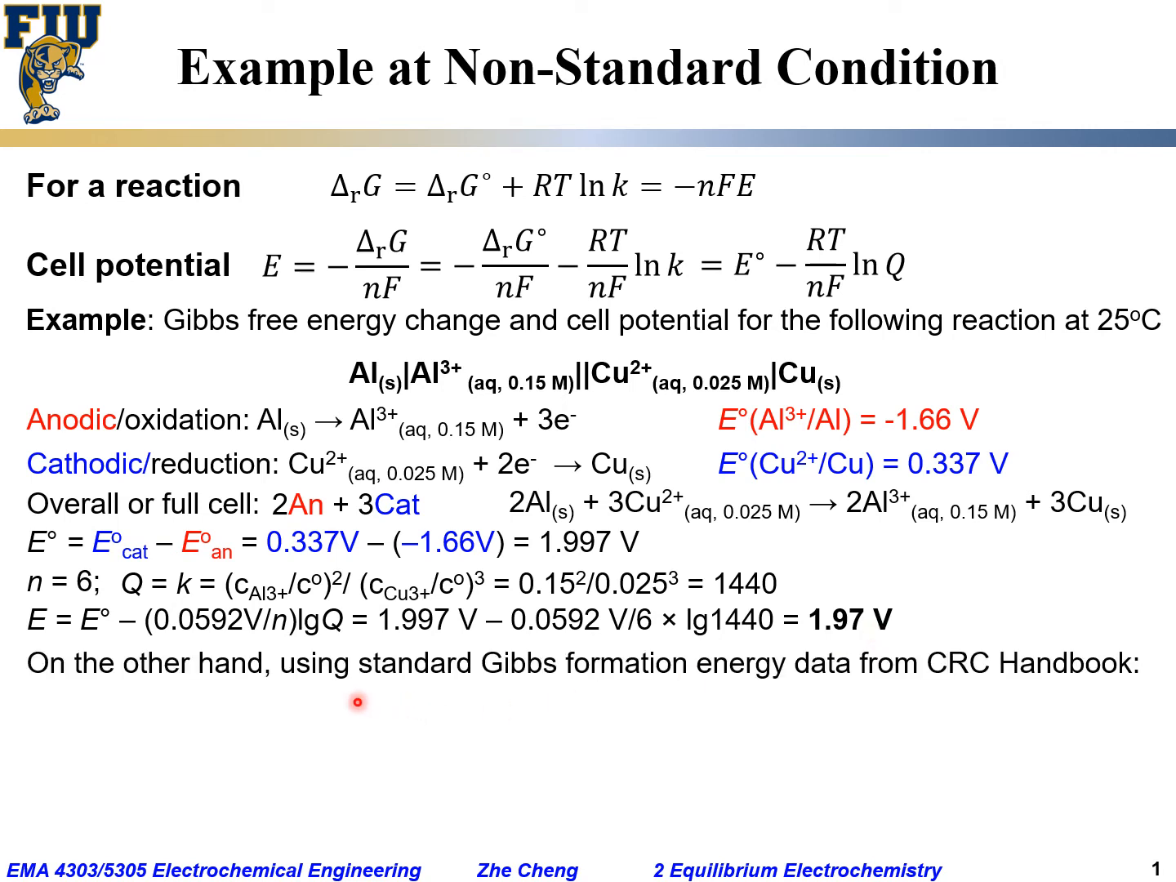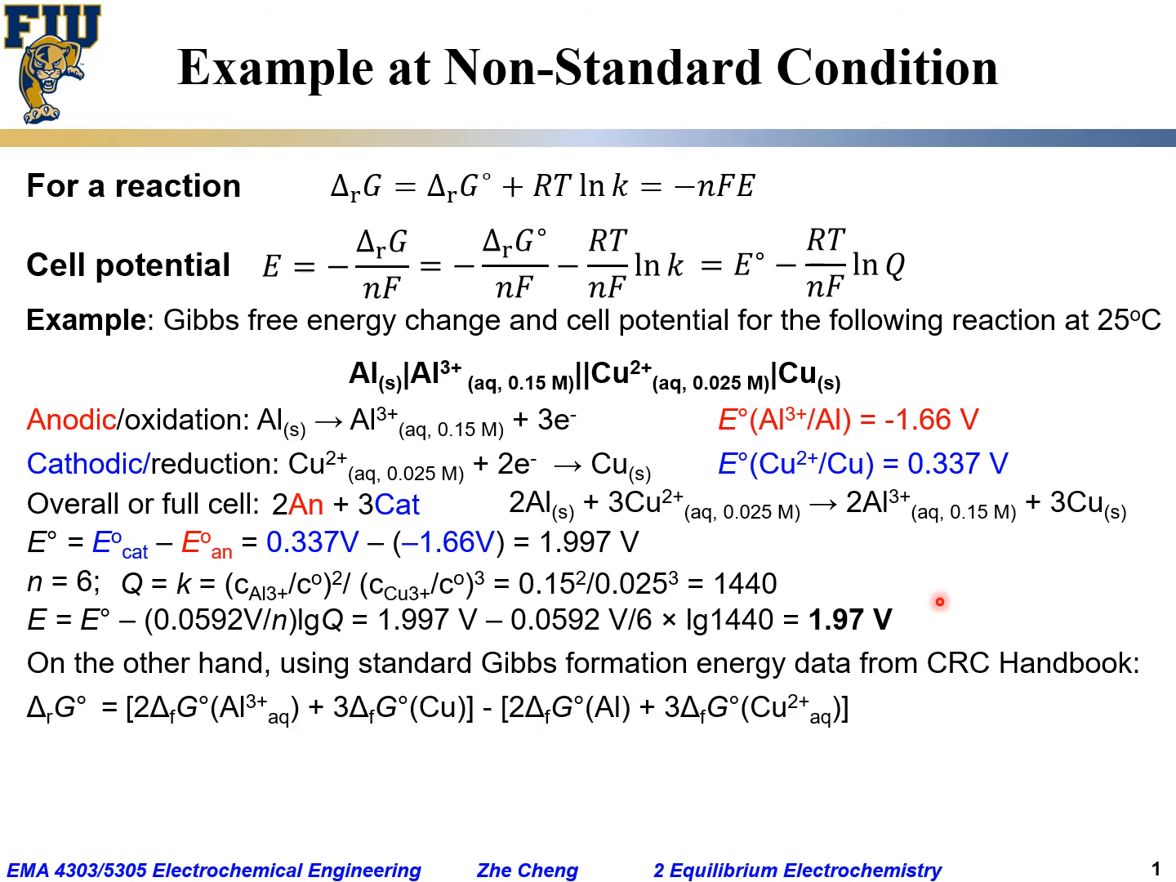Then, on the other hand, if we use the standard Gibbs formation energy data from our CRC handbook, we would be able to calculate ΔrG0, the reaction Gibbs free energy change under standard state, which would be the summation for products minus the summation for reactants. And for product,